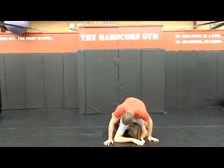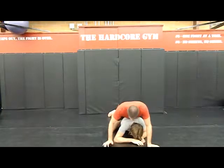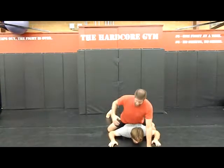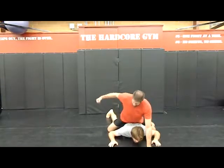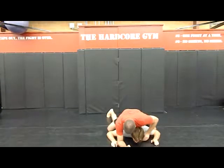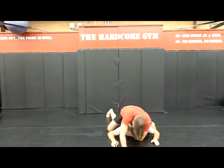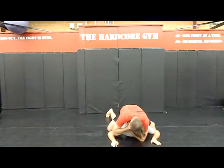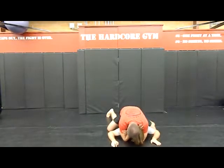I've already got the one, I'm going to drive in the other, and I'm going to drive and flatten him out. Now from here, I can be based up. I don't want to put that much pressure on Coach George. I can be based up and obviously can be hitting with both hands. But what I really want to do is flatten him out, work my way under his neck with my basic rear naked choke, finish. Nice and tight, going to bring the other one behind, and I'm going to drive in